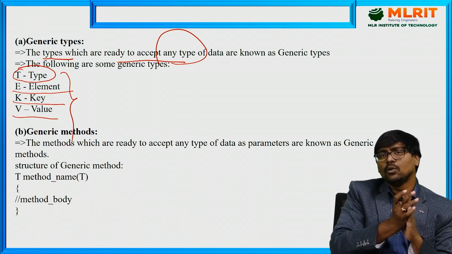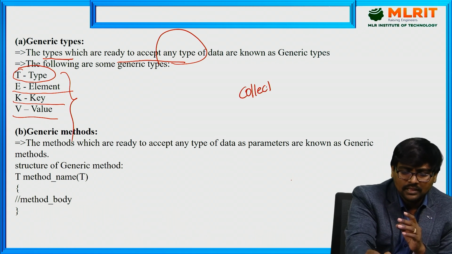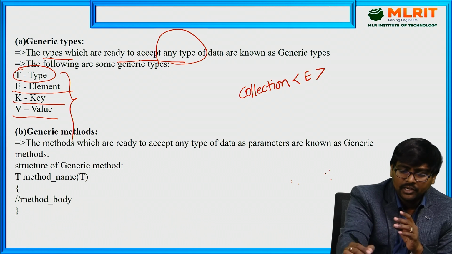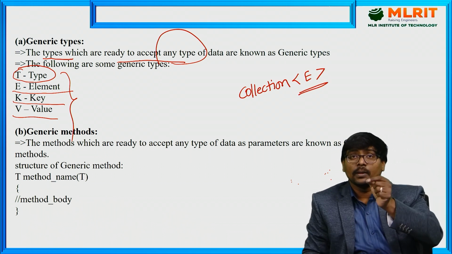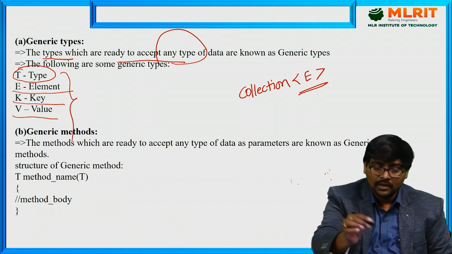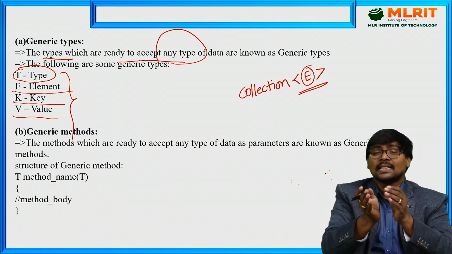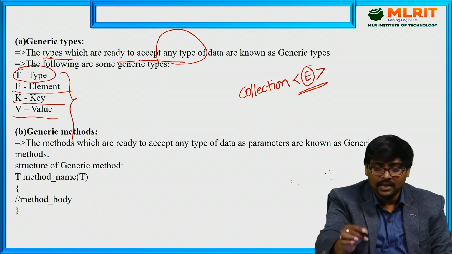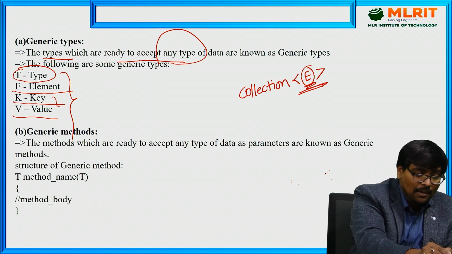Everyone knows the Collection interface. For example, you are writing the interface like this: Collection, and within angular brackets we write the type. Remember, within angular brackets we write the type. For the collection, I wrote E, which means the collection can handle any type of elements. E specifies elements. K comma V